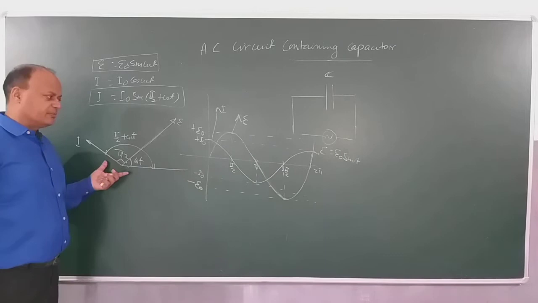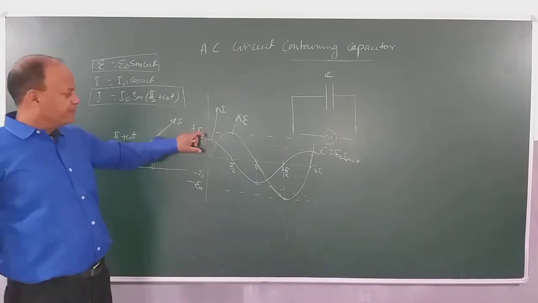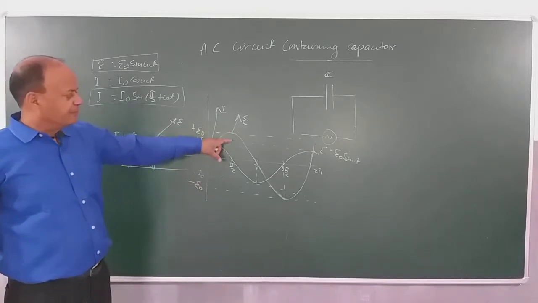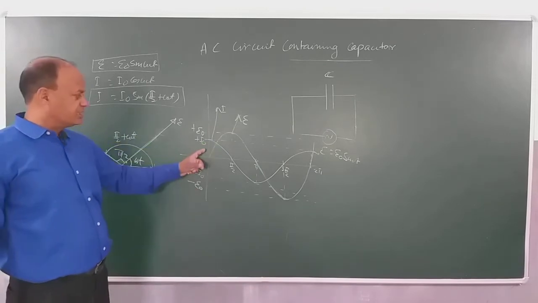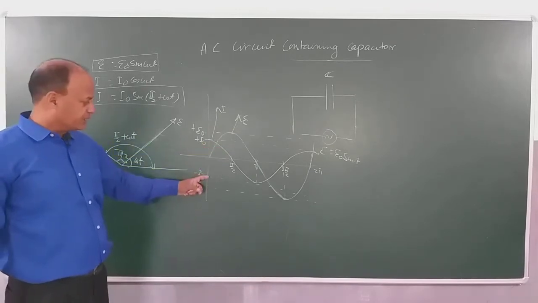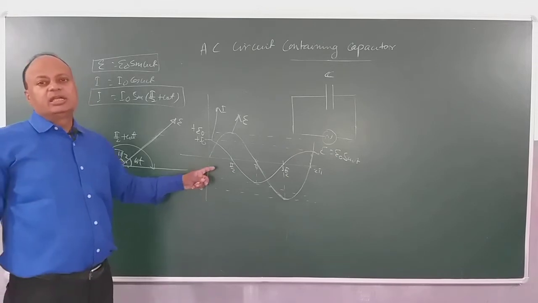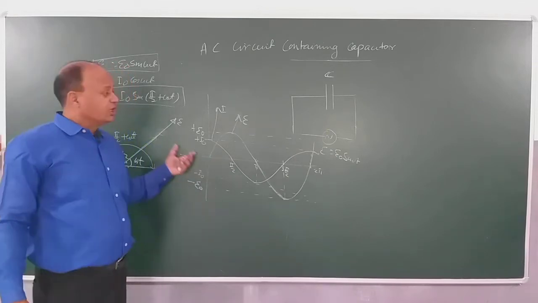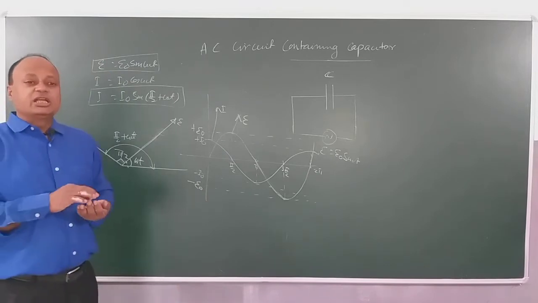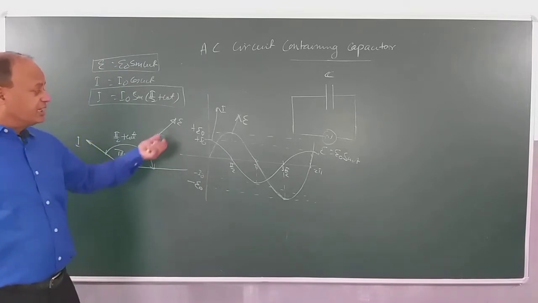We have the phasor diagram. We have also graphically represented it. The amplitude of current is less than the amplitude of the applied voltage. It is 90 degrees ahead. If it is 90 degrees behind, the graph will start from here, like in the case of a purely inductive circuit. Clear? Now once you understood the phasor diagram, children, one thing is very clear, that current in this case also